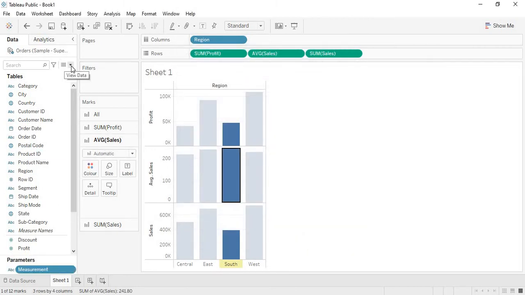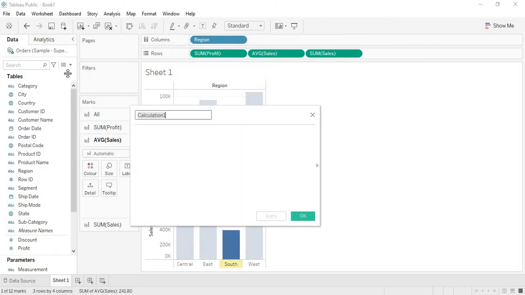Now I'm going to create a separate calculated field. I'm going to name it measure. Here I want to provide the data based on the measurement that's selected by the user.